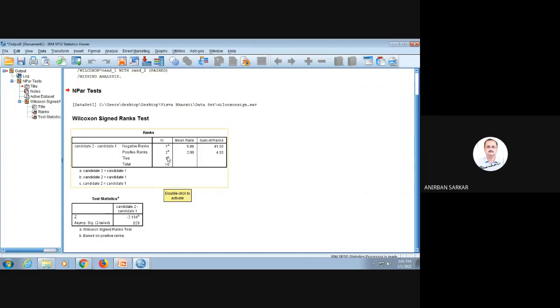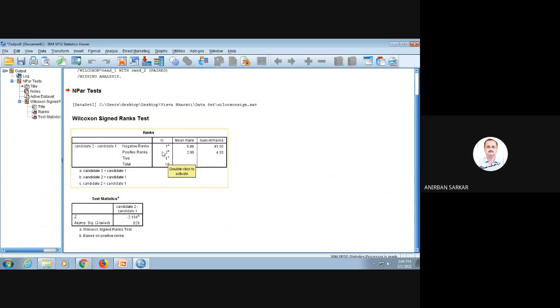Now, if there is a tied rank, it does not have any meaning. Why? Because the interviewer gave the same number to both candidate 1 and candidate 2. So a tie rank does not have any meaning. And in case of a non-parametric test, if the ties are more, then it will give inaccurate results. The fewer the ties, the more meaningful the result. So out of 10 interviewers, 1 has given a tie. Therefore, the sample size n comes to 9. 10 minus 1, 9.